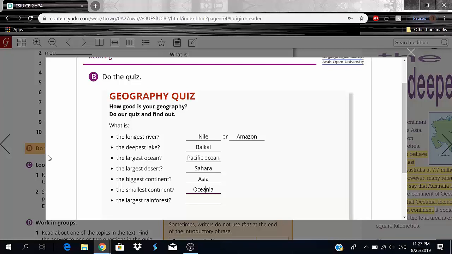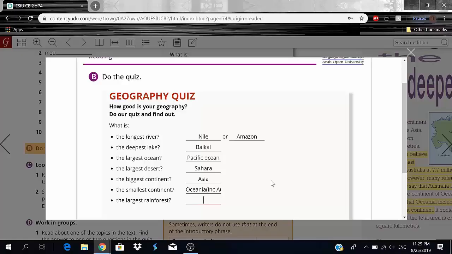And we'll probably write I-N-K, and then write Australia. What that I-N-K stands for is including Australia, just because the text said it that way, right? So Oceania, including Australia.